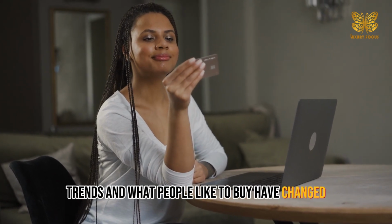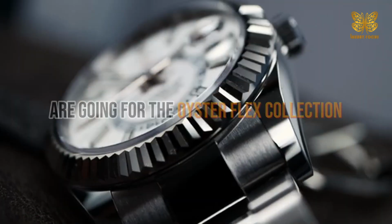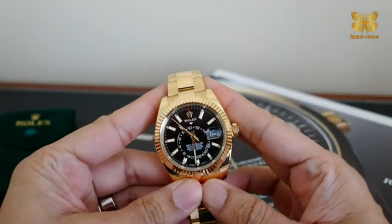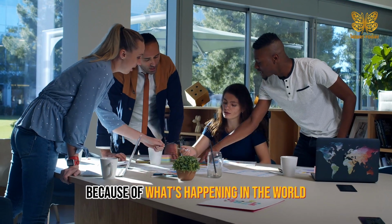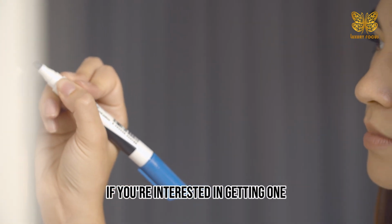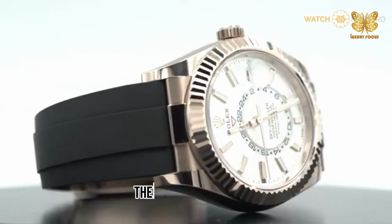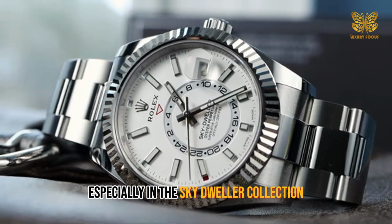Trends and what people like to buy have changed. Most folks who want a durable watch are going for the Oyster Flex collection instead of the full gold one. The full gold watch isn't as popular right now because of what's happening in the world. This is something to think about if you're interested in getting one. Another trend that's becoming more noticeable is the growing interest in the Oyster Flex range, especially in the Sky Dweller